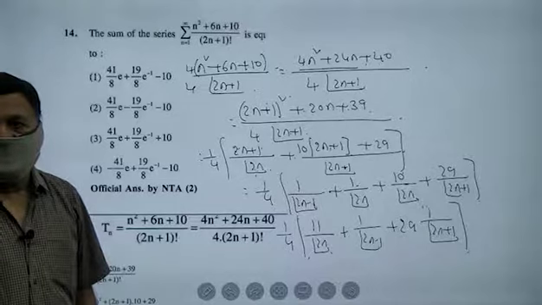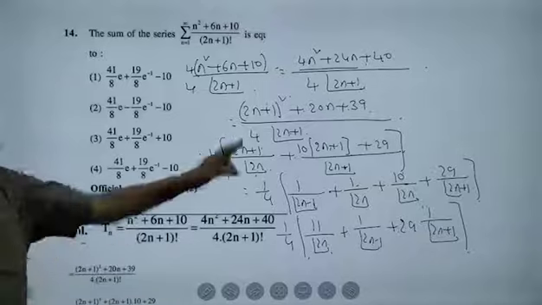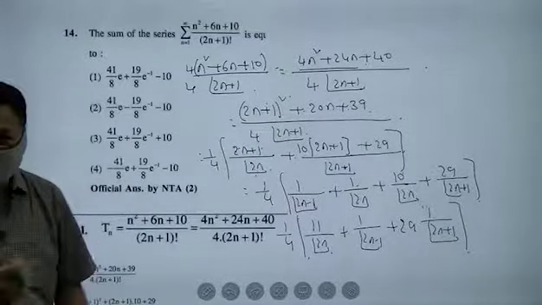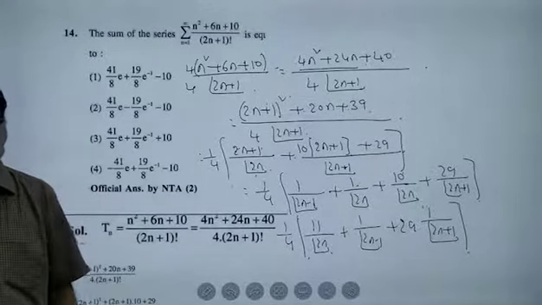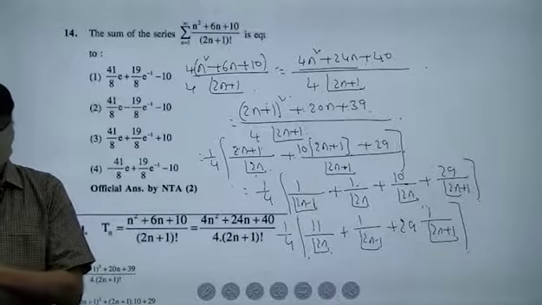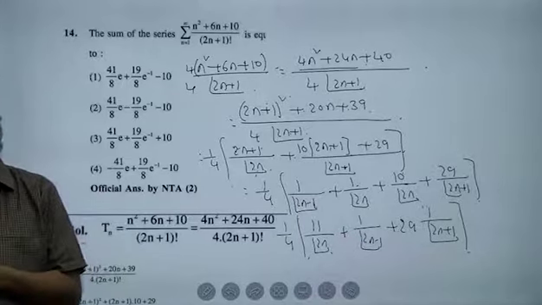Yes, I think you followed. First copy this. Check if there are any calculation mistakes. I think you follow the idea of what I am doing. Catch hold of the idea and do it. Then I want to get 1 by factorial 2n, 1 by factorial 2n minus 1. In those lines I want to get it.